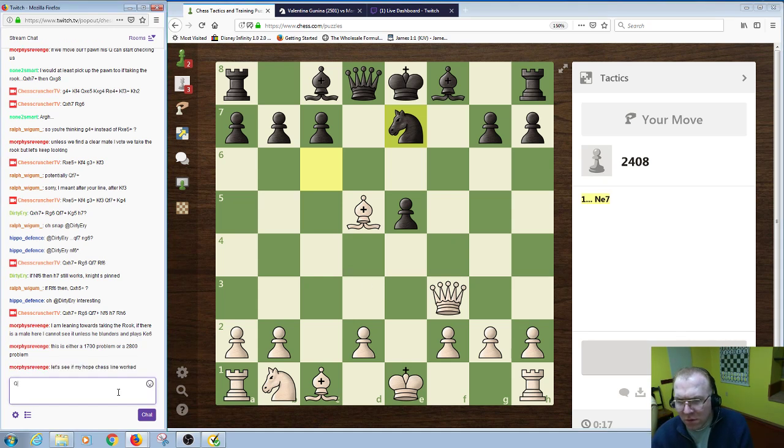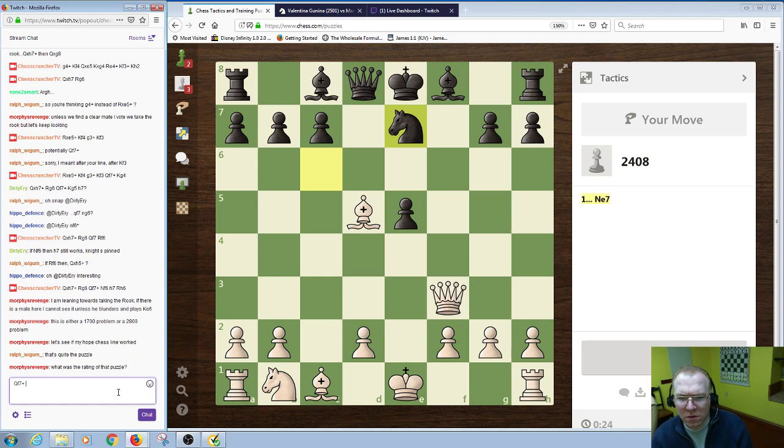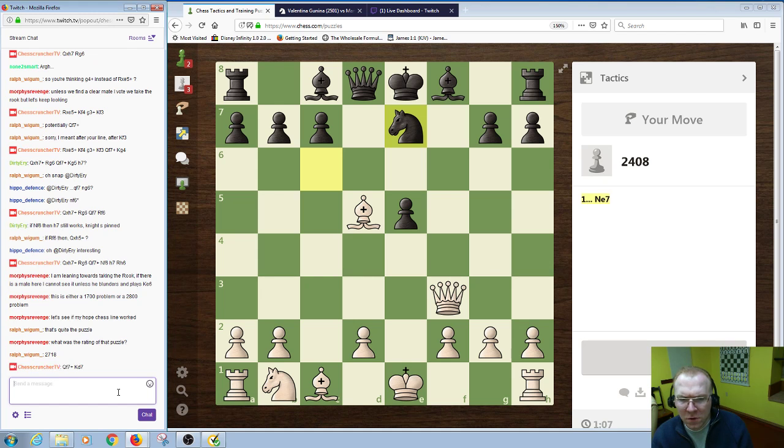Okay, let's get this one. Queen f7, check. Oh, 2700. Yeah, 2718, yep. Strong. King d7. Interesting there, so